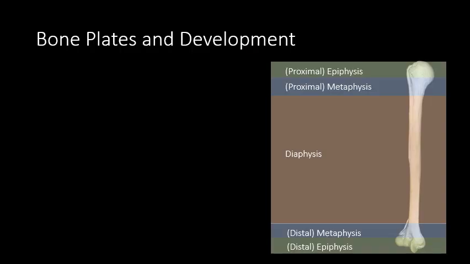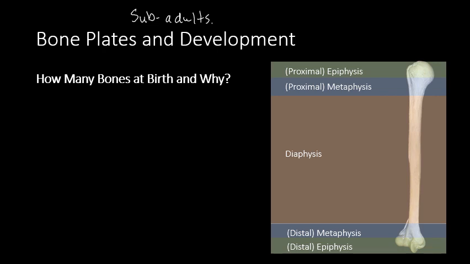Okay, so looking at the bone plates and development, and here we're specifically looking at subadults, because by the time we get to adulthood, our bones are fused. Answering the question, how many bones at birth? Plus 300. And why? Well, really, this is an evolutionary thing. If our bones weren't fused, we wouldn't be able to progress through the birth canal. And because we are bipeds,